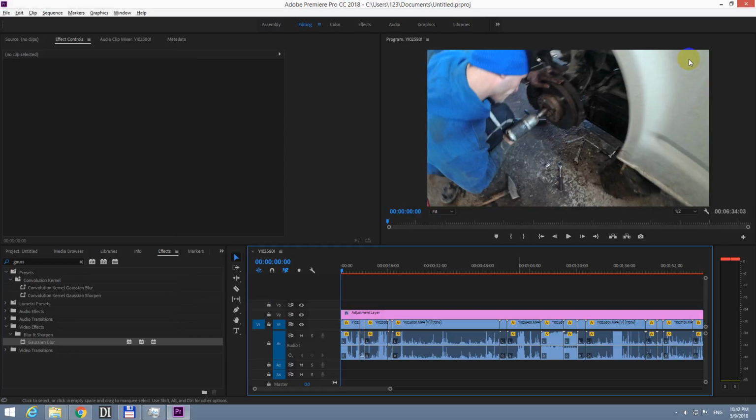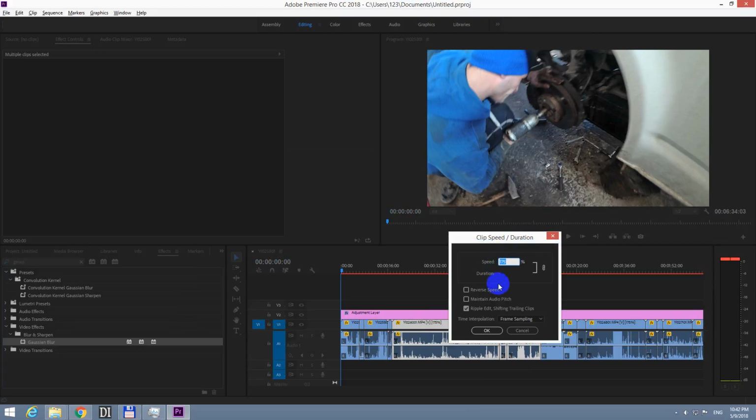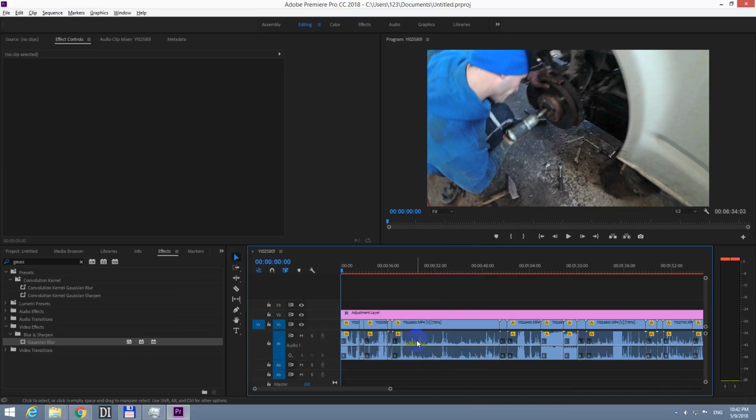frames per second. To do that, I increase the speed of clips, so select all of the clips, right click on them and choose Speed/Duration. Okay, and 175% was added. Okay, so all the clips are being played faster. That means that there are more frames played in 1 second than normal, but it's not going to work that